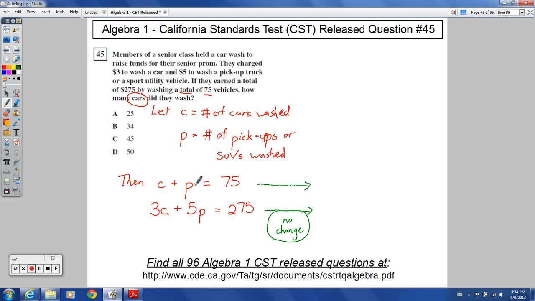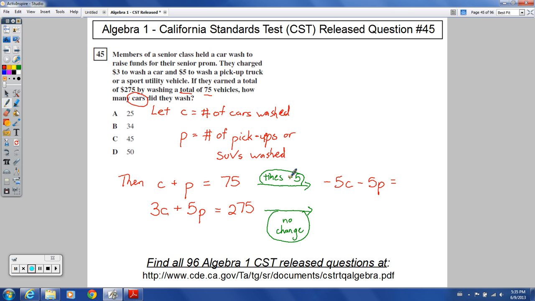So I want to change this top one so that the P cancels out, that the pickup trucks will cancel out. I just want to be left with C. Might as well solve for that first since that's what it asked for. So to get rid of the P, I could multiply everything by -5. If I multiply everything by -5 in this particular equation, the 5P will cancel out with what will become here a -5P. So this would be -5C minus 5P,